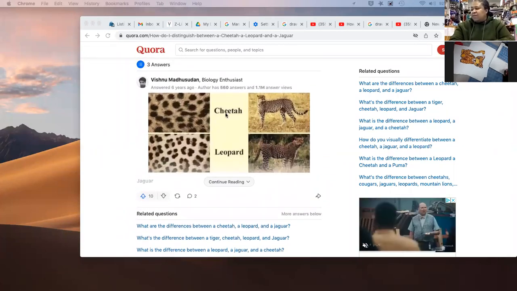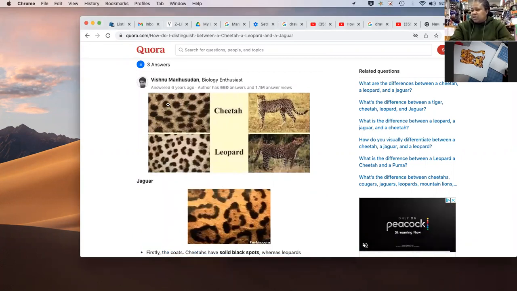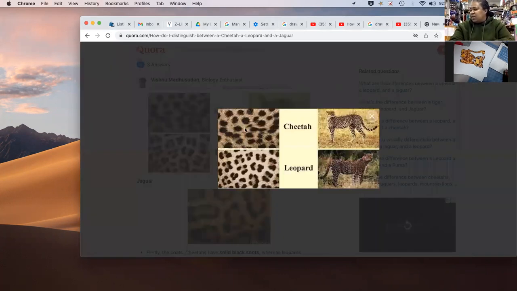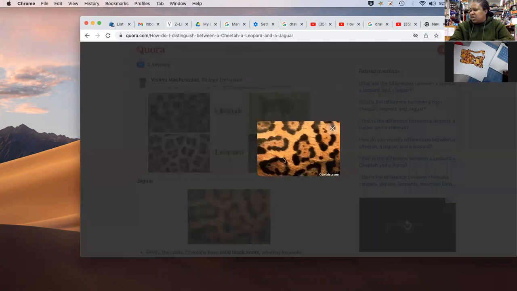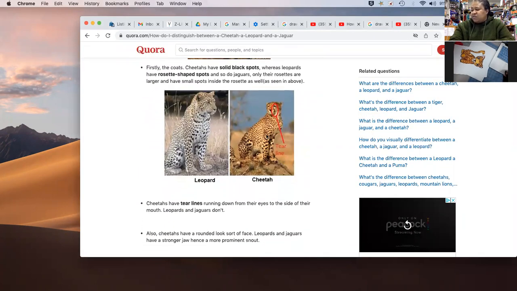All right, well, here we have, it says a cheetah. Let me continue reading. A cheetah's spots seem to be all brown. Let me zoom in. Yeah, there we go. And then the leopard's spots don't seem to be all connected. But when you look at a jaguar's spots, they seem to be bigger. They have little dots on the inside. And then some other difference, a cheetah has these tear lines and a leopard,